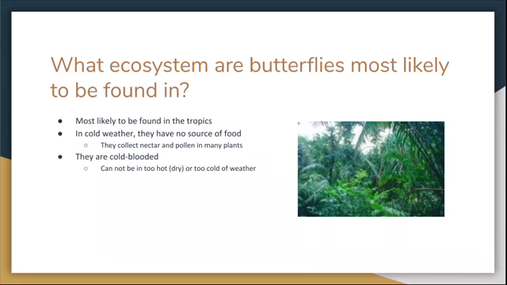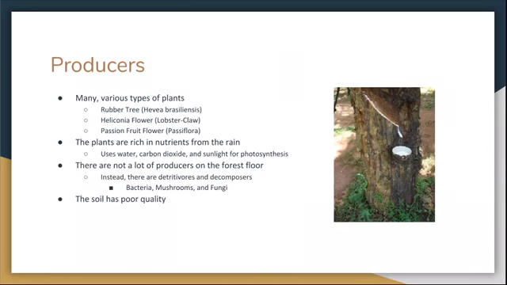This is because of their cold-blooded nature. It prevents them from being in too hot, too dry, or too cold of weather. Also, they are prevented from being in cold weather because they have no source of food. They collect their nutrients and nourishment from nectar and pollen in many plants. And in cold weather, these plants would all die. And then the butterflies would not survive because they could not get the nourishment and nutrients they need to go